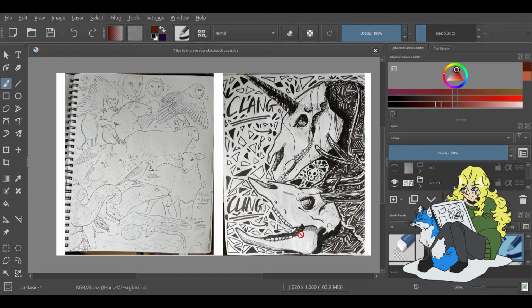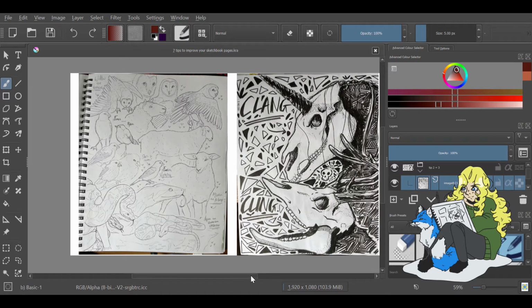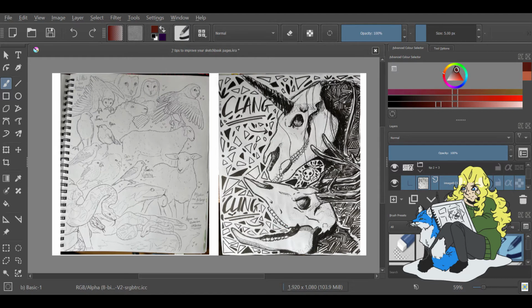My second tip is to cram as much in a sketchbook page as you possibly can, because that generates a lot of visual interest. So instead of just doing one whole big sketchbook page like this, and you just do this one sketch in the corner, or only this one sketch at the bottom or this one sketch at the top, just think of creative ways of how much more you can incorporate into a sketchbook page, because on this one I have 1, 2, 3, 4, 5, 6, 7, 8, 9, 10, 11, 12, 13, 14, 15, 16-ish sketches. This one is a bit bigger, but as you can see, I've filled up the empty space as well,